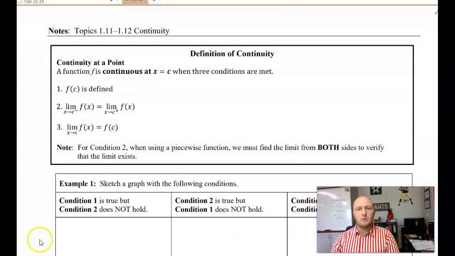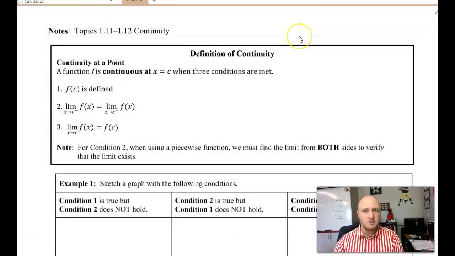This is 1-5 continuity for AP Calculus AB. We're going to talk about continuity, and if you haven't watched lesson 1-4, which is on discontinuities, you'll want to make sure you have seen that video or have some understanding about discontinuities. In that lesson, we